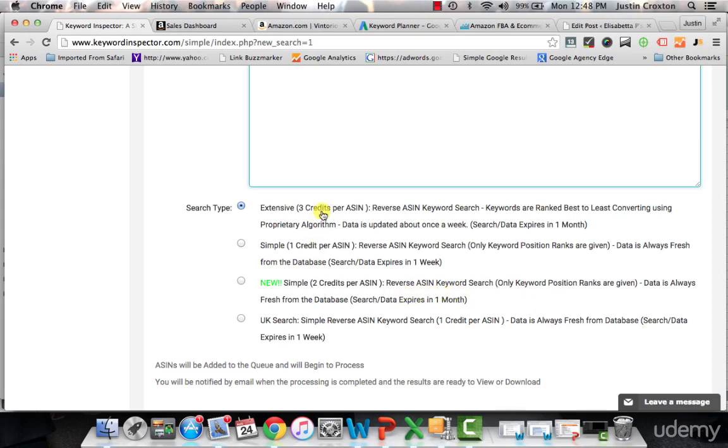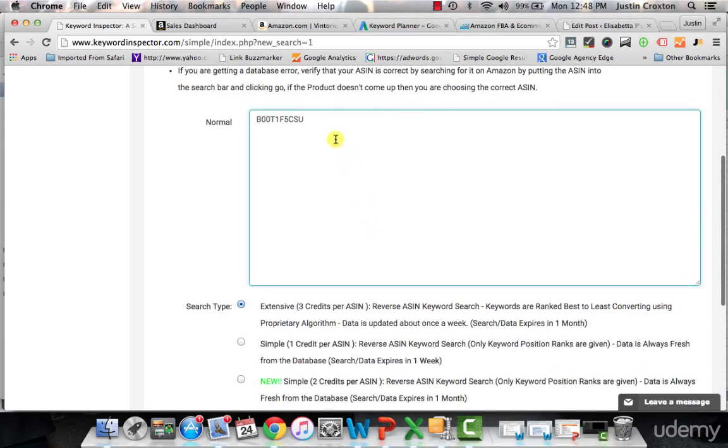I mean, again, it's the same data that you would get in the extensive. I just get all the data at once, so it's done with, and I'm not second guessing and saying to myself, I should have gone back and done the search that way. No, I just get it all up front so I can make a better decision because, again, this is the most important phase of this process, the product discovery, the product research, and the keyword phase. If you're doing a good job there, you're giving yourselves the base and more opportunities to sell across many really